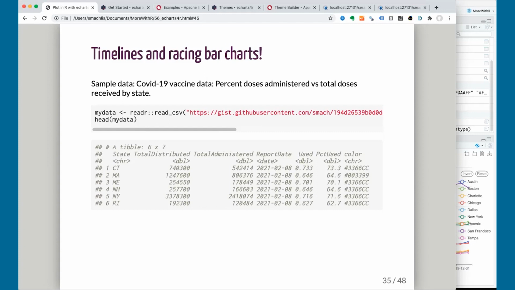This data has columns for state, total distributed, that's how many vaccines the state received, total administered, how many were given to people, report date, used, which is just administered divided by distributed, percent used, and a column for what color I want each state to be. The bars will all be the same color except for the state I want to highlight, in this case Massachusetts, if I choose to do that among the 6 states in the data set.